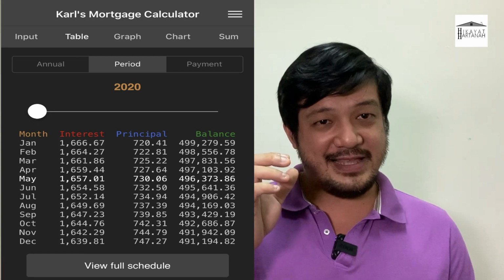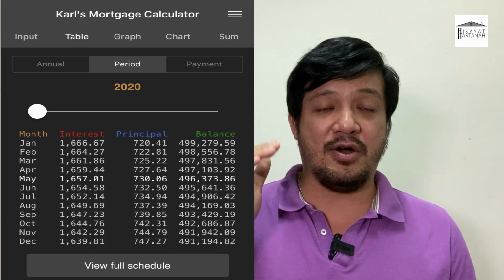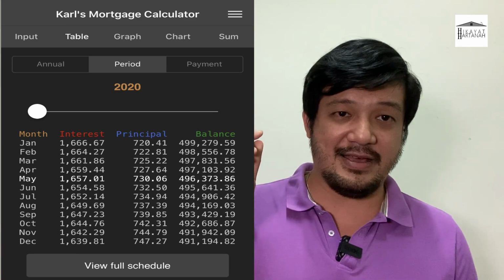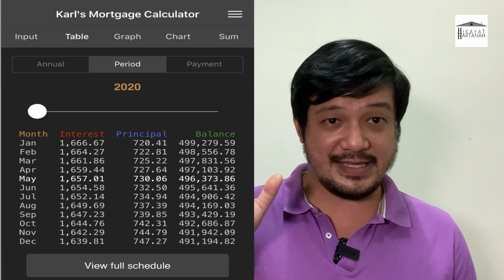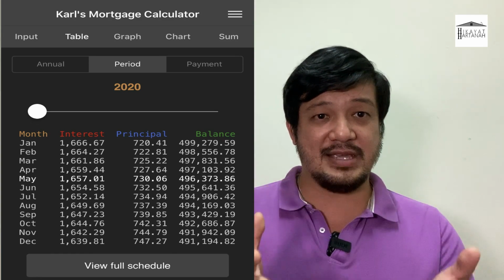The next diagram will show you what the reducing balance loan means. Observe closely that this is 2020 and it is broken down by months, with all the interest and the principal that you have paid. You see that the balance actually reduces in the rightmost column. This is what is meant by a reducing balance loan.